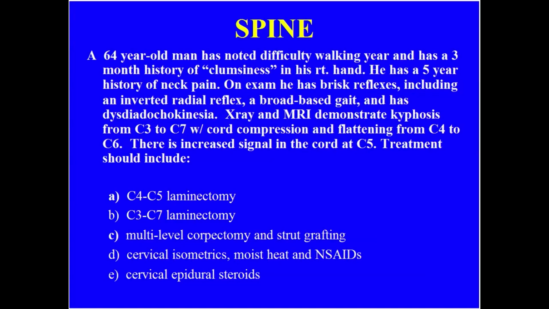Broad-based gait, and he has dysdiadochokinesia, which is difficulty with rapid alternating hand movements, as you know. X-ray and MRI demonstrate kyphosis from C3 to C7 with cord compression and flattening from C4 to C6. Increased signaling in the cord at C5. Treatment should include